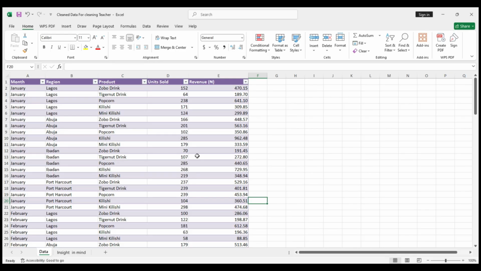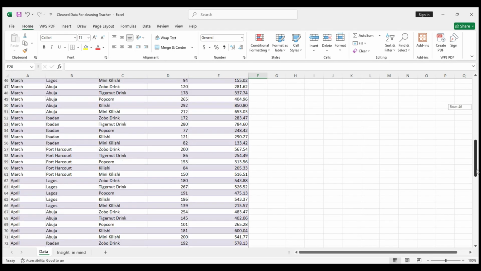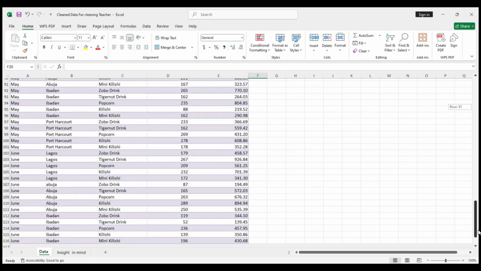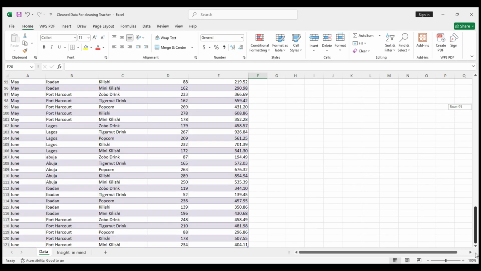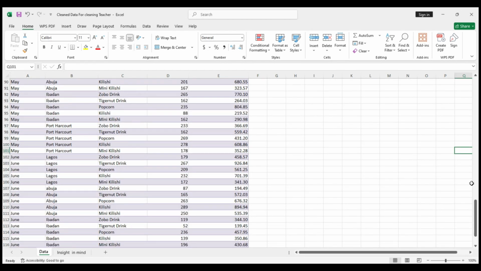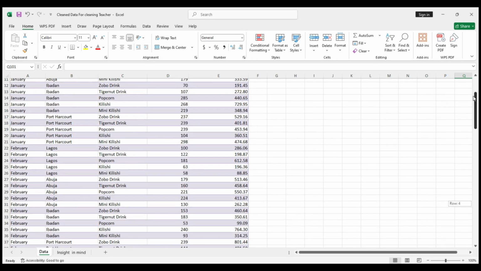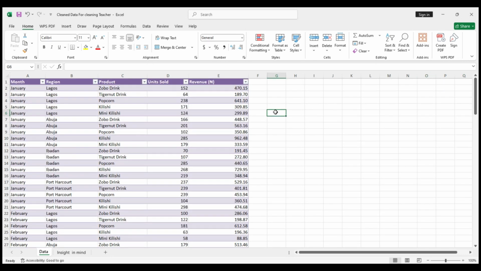Welcome to the practical aspect of pivot table. So, this is our data. This is the data we cleaned in the last class. So, we'll be using that data to analyze so that we can get a proper understanding. I told us that when you want to analyze, you have to understand the aim and